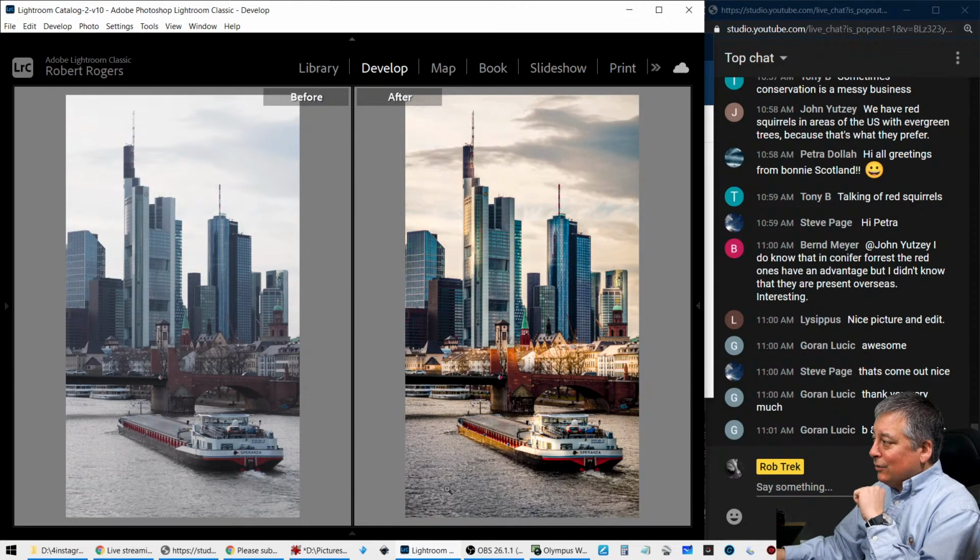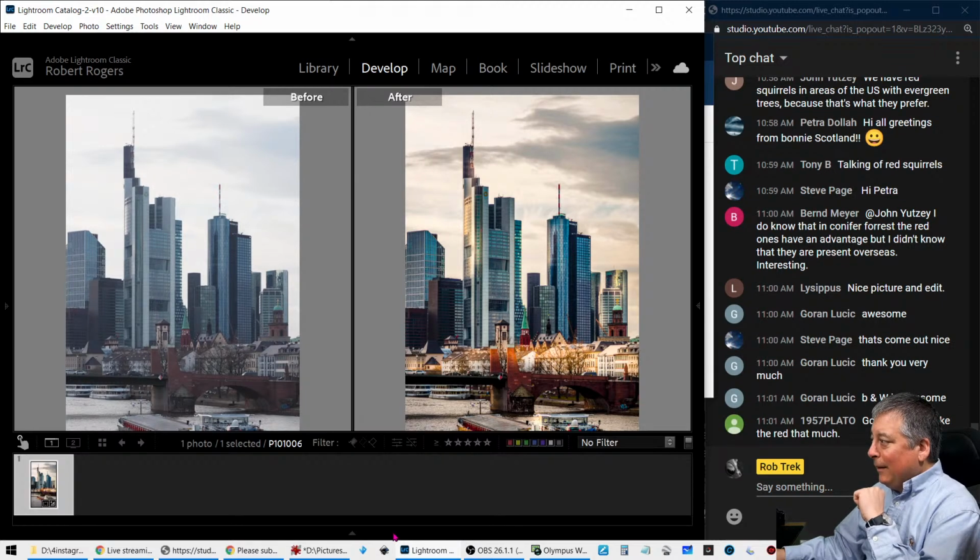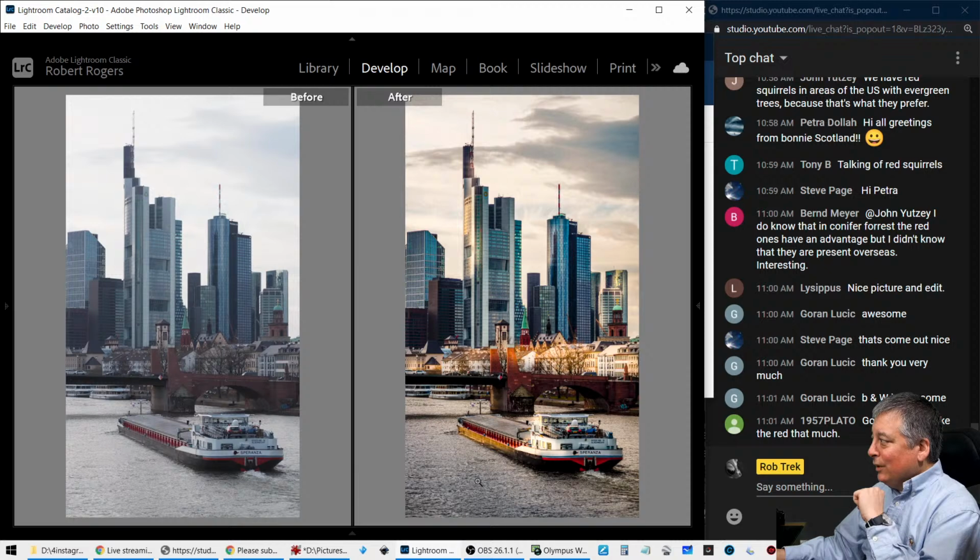And then the other thing is this. I put a little grad filter here because the water here is a little bit too bright. So that's what I did. I just wanted to darken that. All right,